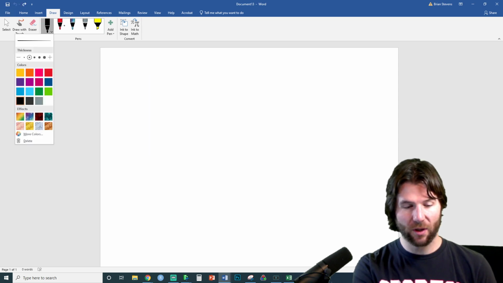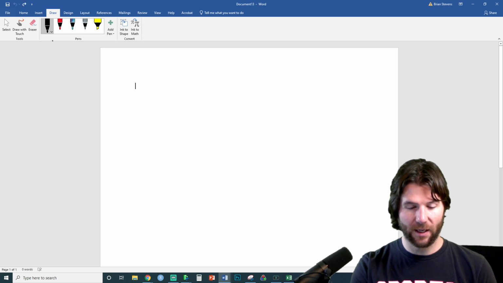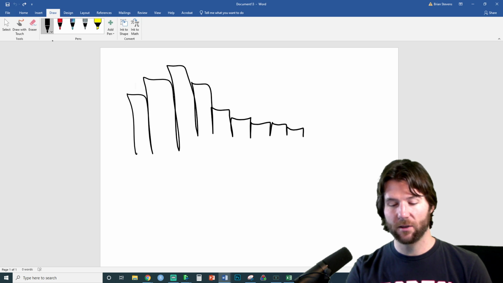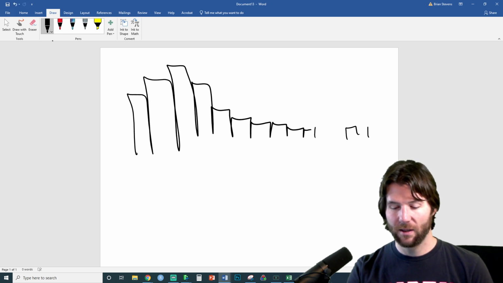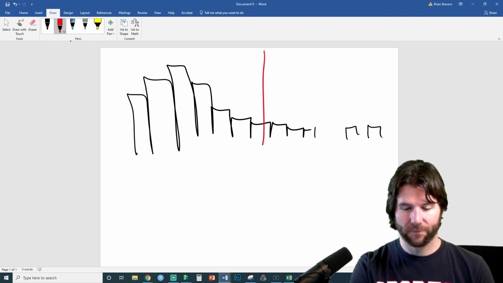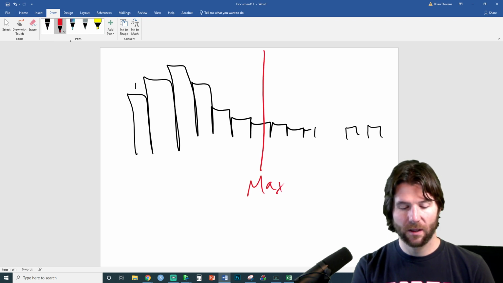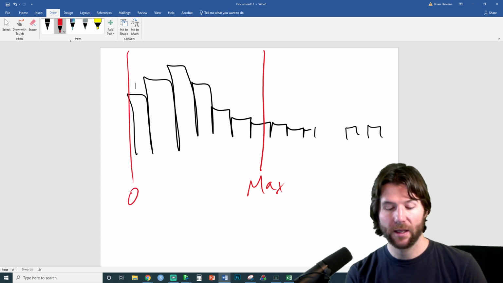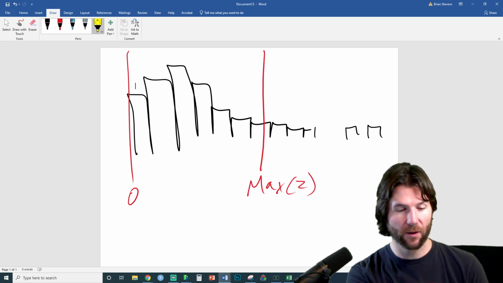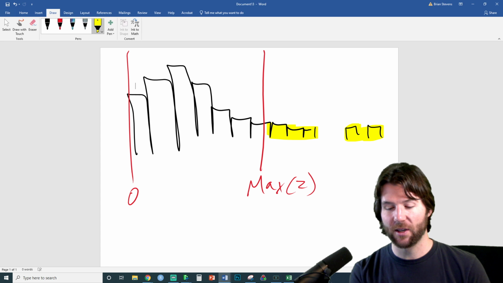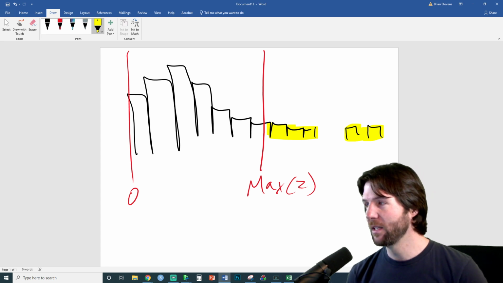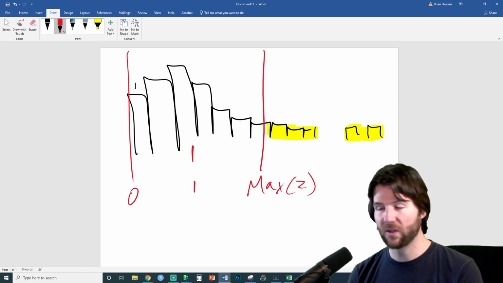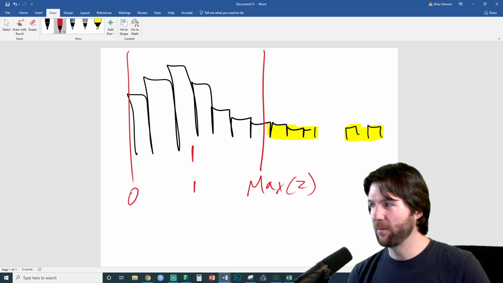I make a distribution of extra credit points, which I've got all different lines of extra credit this semester. It usually looks something like this, and then there are crazy outliers. I put a line down, and I say this is max, and this is 0. The max is up to 2 points on your final grade. All these people here get max extra credit, because there are always outliers. I don't want someone to say, they got so much, they ruined the scale. So everyone over here is scaled to this right here.